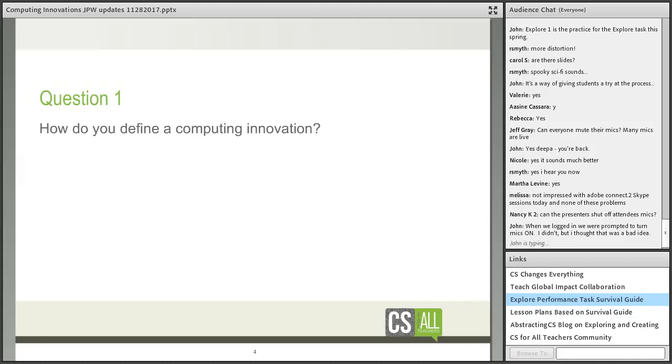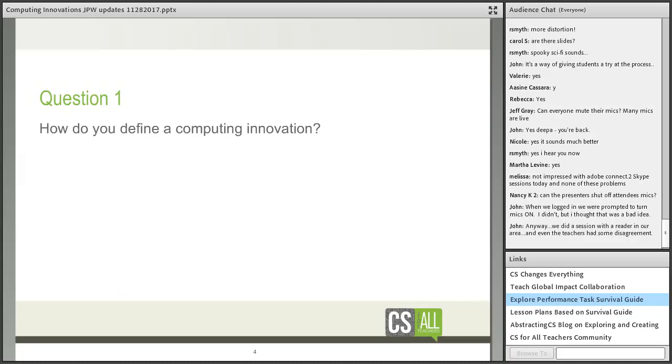Justin, can we have you start the webinar, sir, with your thoughts on how we would define a computing innovation? I always defer to College Board with what they classify, because obviously they're the ones that created this course and they're the ones that created the test. So sticking by their guidance is, I think, the best policy. And they define it in the Purple Book as, a computing innovation is an